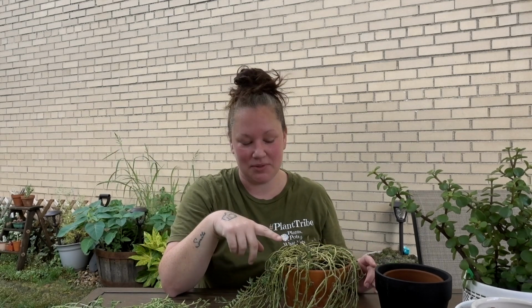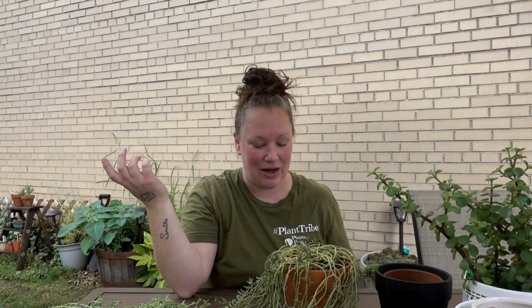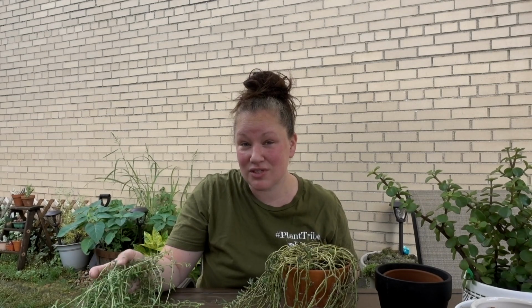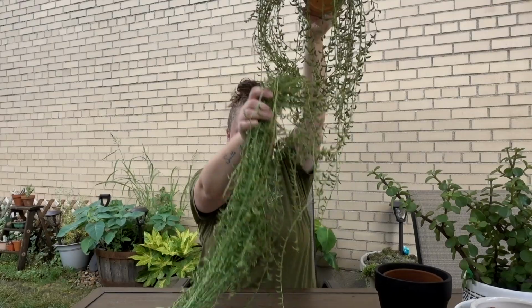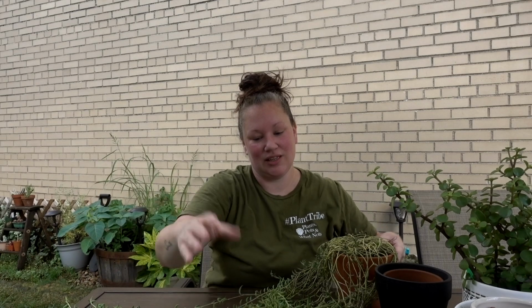I brought it in last winter, obviously, well, for the fall, and it got really mad. It got really leggy up top. I tried to cut a few pieces, kind of plant them around the top to see if it would fill out. I have a feeling this entire pot is roots. There's not a whole lot of soil left in this pot. And those of you that know string of anything have very thin roots. So for this pot to be filled with roots, it's time to repot it. I brought it back out this summer, and you can kind of see where the new growth starts. It's like right here. It's so thick at the bottom here that I'm just gonna literally chop it